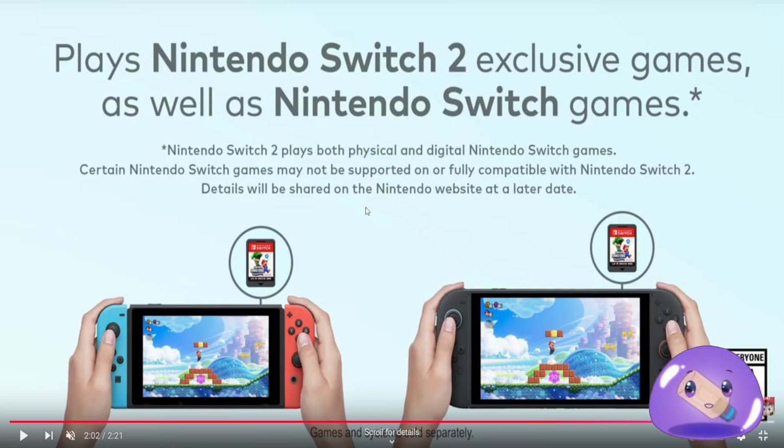on the Switch 2. I assume, honestly, all the Switch 1 games are going to be backwards compatible. The reason they're going to say certain Nintendo Switch games may not be supported or fully compatible with Switch 2 is probably going to be the third-party games, because I'm sure every single Nintendo game studio has known the Switch 2 is coming relatively soon, and they've been battening down the hatches for the Switch 2 release, because selling the same game on the next console is going to be a big deal, especially